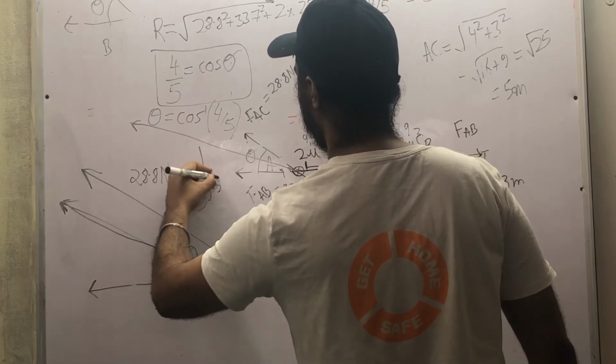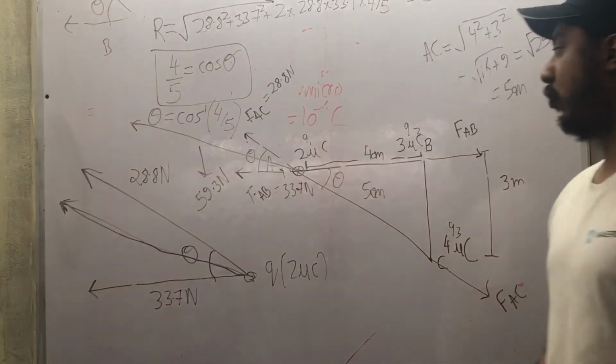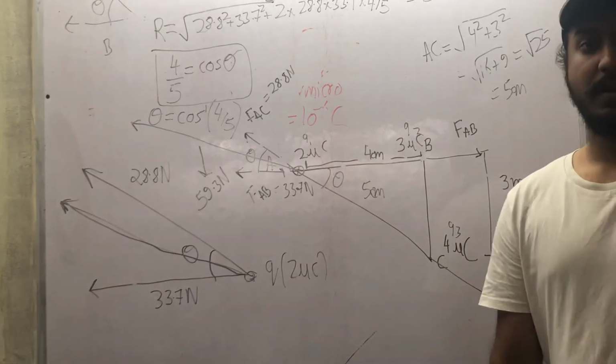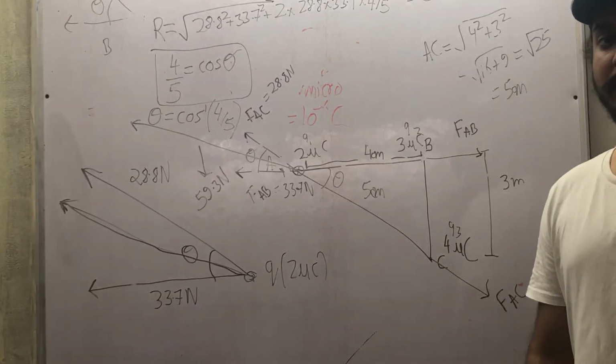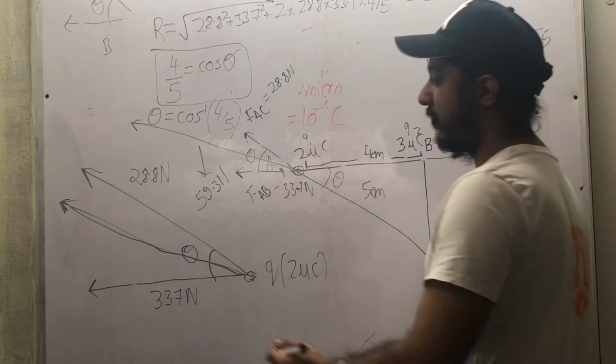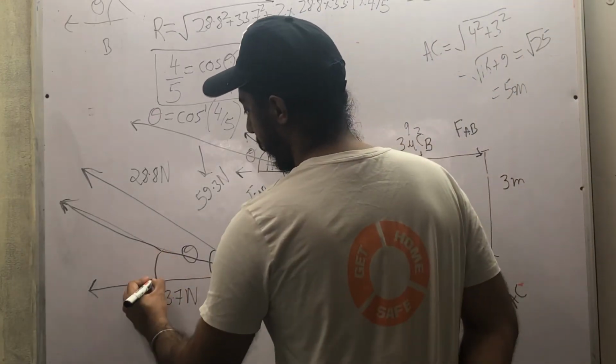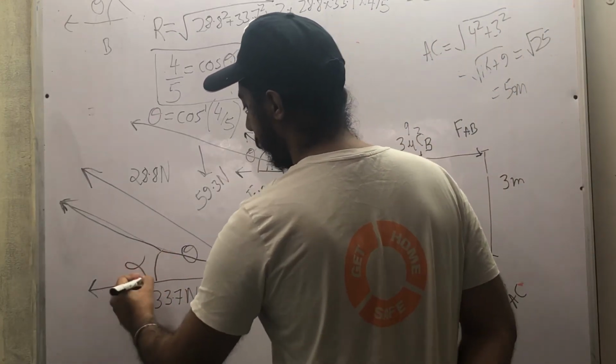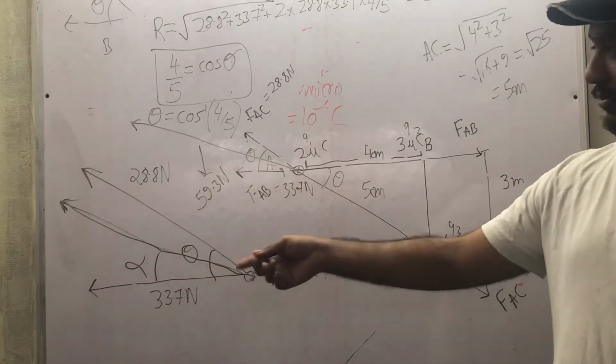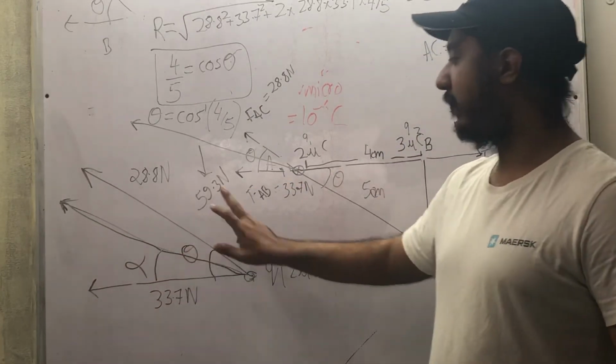59.3 Newton. But still one thing is left to do. This force is a vector quantity. So you have to also tell them one more thing: the angle at which it is lying. It must be making some angle alpha. So you must also tell the angle. You know the value. The value is 59.3 Newton.